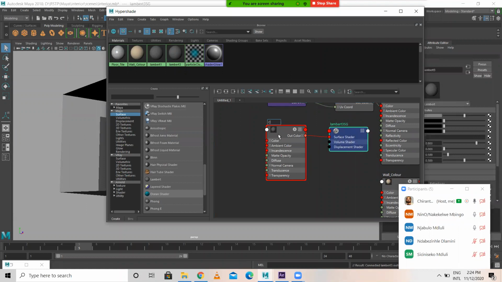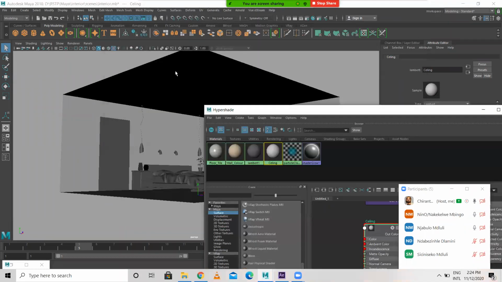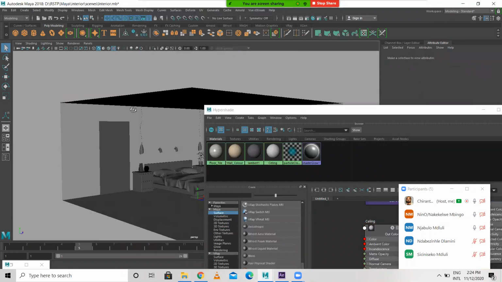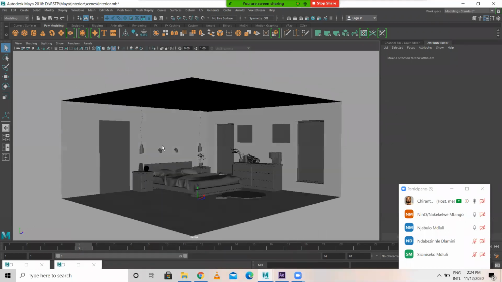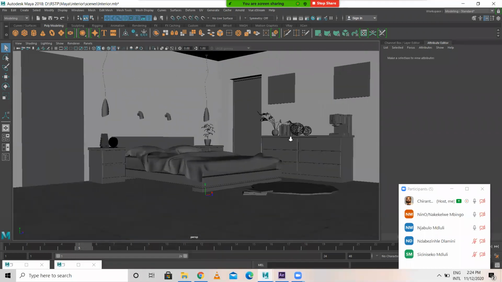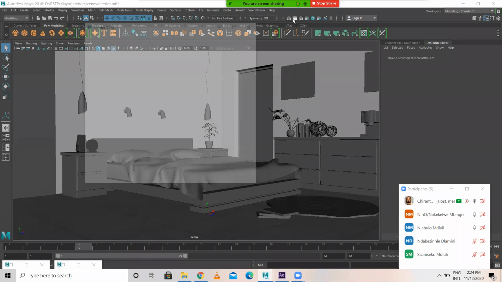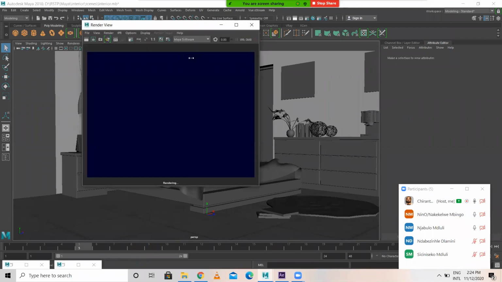Just double click ceiling. Now for ceiling color, I'll make it white, and I'm selecting this, drag and drop here, white color. So just come over here like this, and you render. Let's see how does this looks.